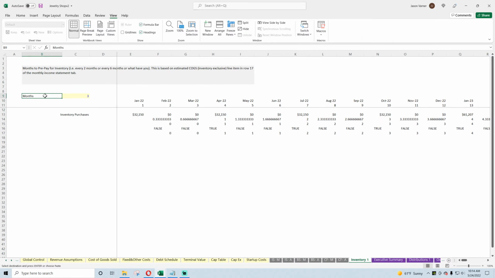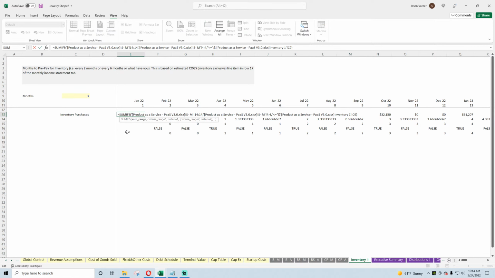Okay, so months, and this is saying how many times you're buying inventory every 3 months. In this case, it'd be okay, buy inventory here. That lasts for 3 months. Buy it again. Lasts for 3 months. Buy again. Lasts for 3 months. And it's going to be equal to, let's get rid of the references to the other workbook. It's going to be equal to the expected cost of goods sold, which is the inventory you're buying in the period you're buying inventory for. So 3 months